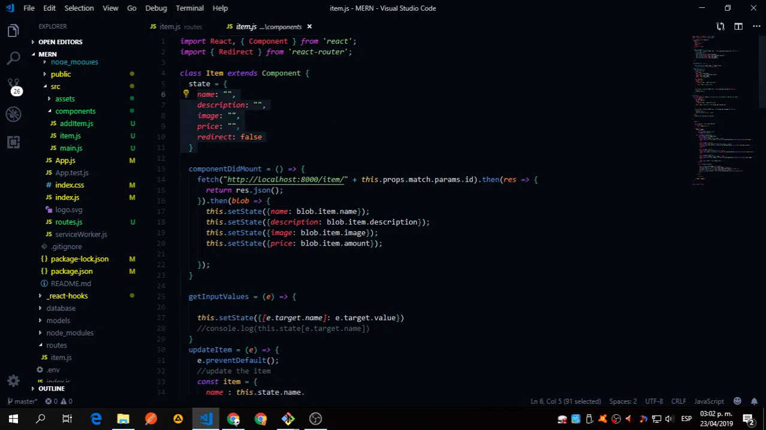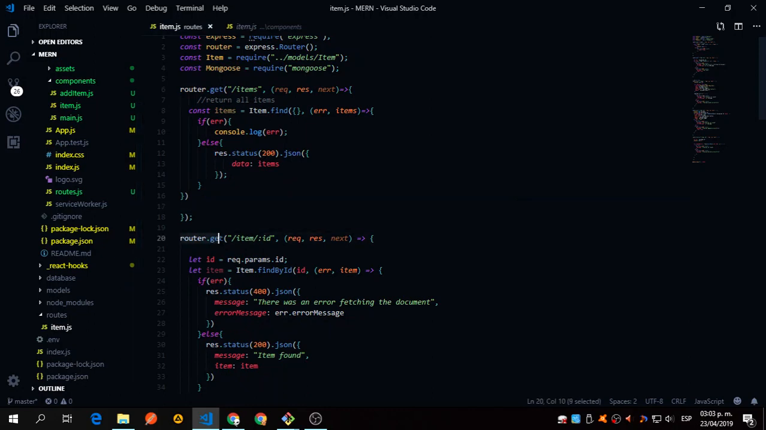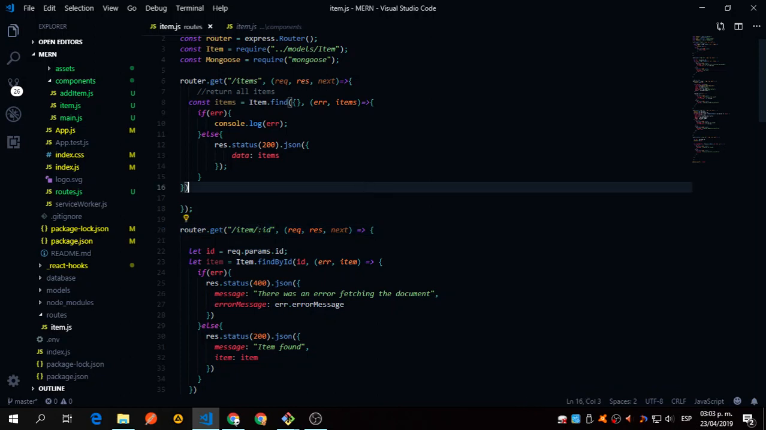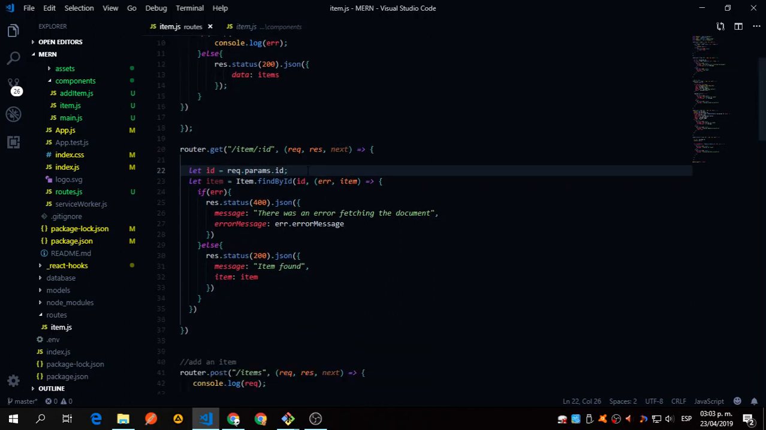We need the state with the name, description, image, and price, and the redirect false. When the application is mounted, we're going to fetch the item. So I will show you this. This router.get item is going to return the item defined by this ID. Okay, so we said let id = request.params.id, that is the request. What this is passing, this ID is going to be the request.params.id. Okay, I can't remember how to explain that pretty well, but let's say